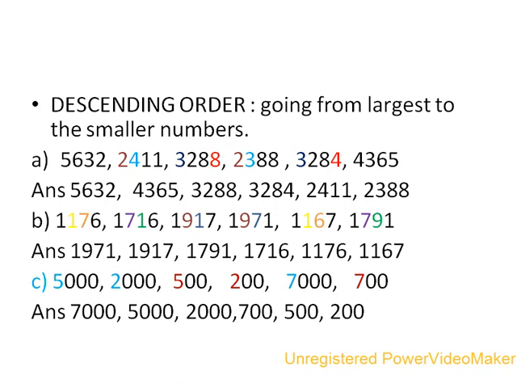Then we will compare the 3-digit numbers. From their hundreds place, we see again there is 5, 2 and 7. As 7 is the largest, we will take 700 next to 2000, then 500, and at last will come 200, which is the smallest among the group. So in this way we can do the arrangement.